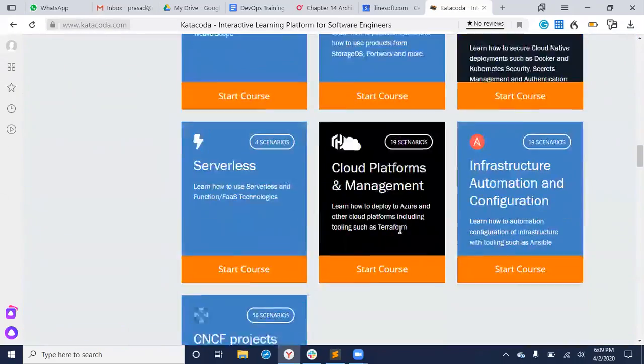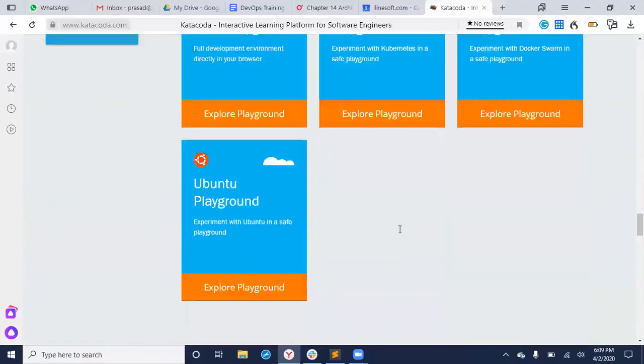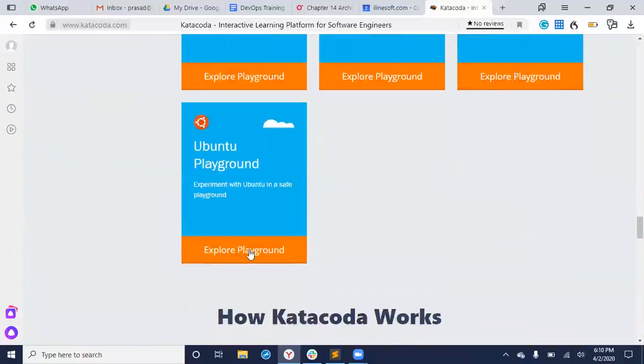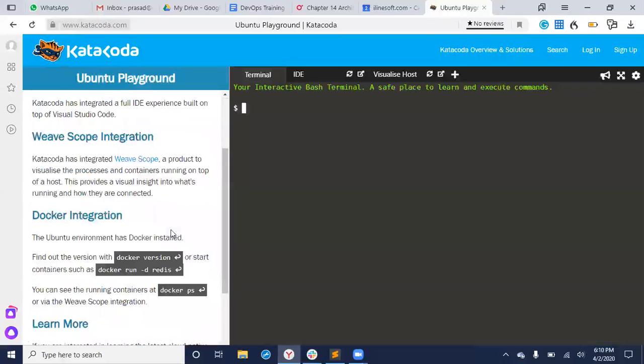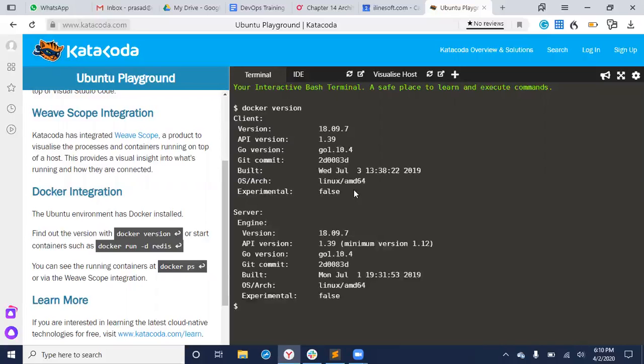I mean, maybe I'll show Kubernetes using this only. So I'll try to show at least certain stuff with this. Docker, then even Ubuntu commands you can play in this Ubuntu playground. You can just play your own Ubuntu commands. So let's say I just want to run some simple Docker command, docker version. It works. Then uname -a again. So same, it's Ubuntu. So pretty much looks like the whole environment is internally Ubuntu.